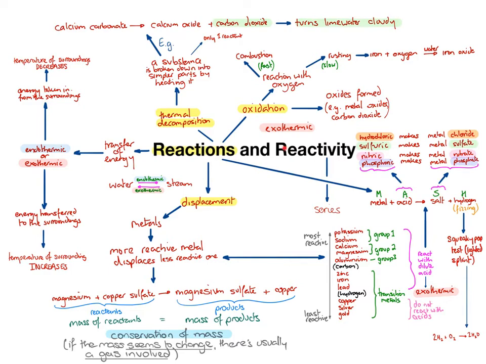And then the other part, reactivity. One of the things that we learned in this topic was that there was something called a reactivity series. And I probably should be linking an arrow down towards this, because this is the reactivity series. What I've got here is a shortish-hand way of remembering the order. Whilst it doesn't exactly say potassium above sodium, what it does make clear is that it's the group 1 elements that are most reactive, then group 2, then group 3, and then we have these things